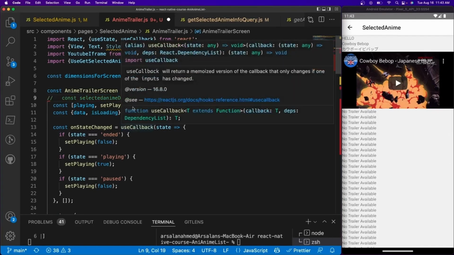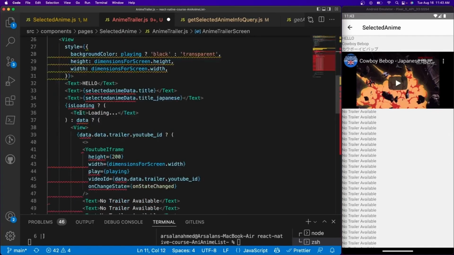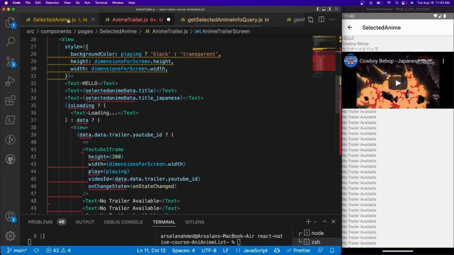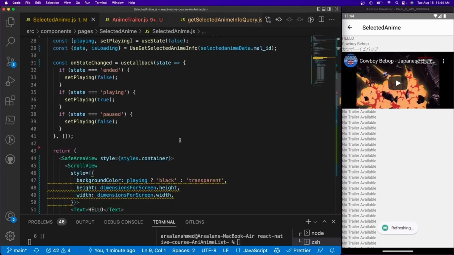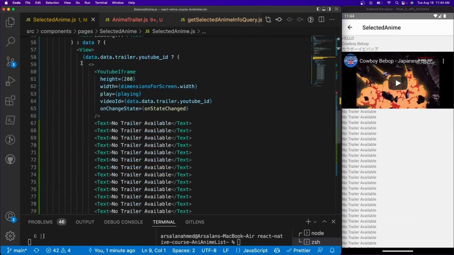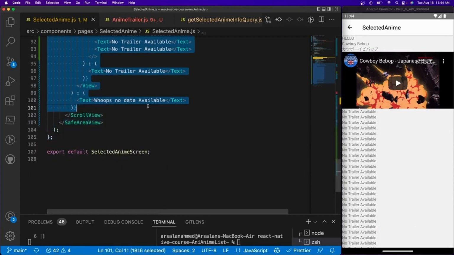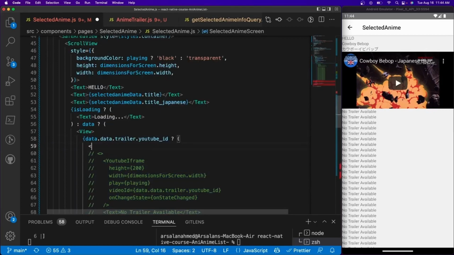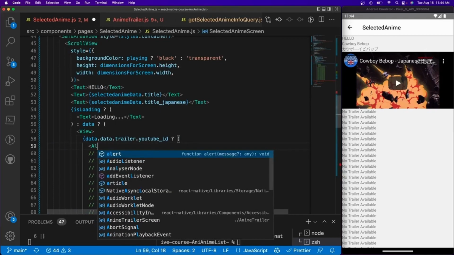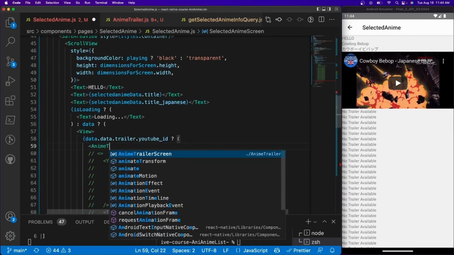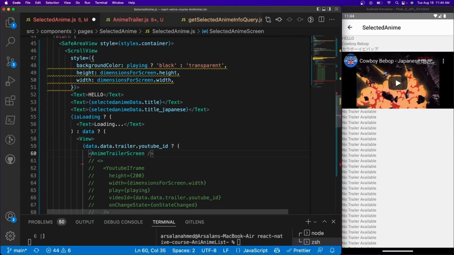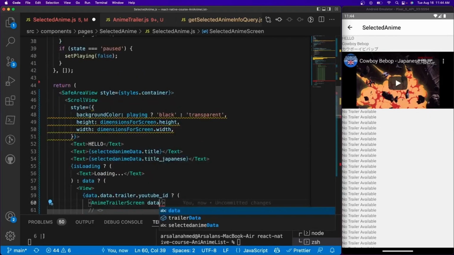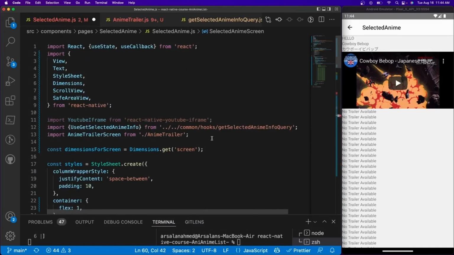Let's just comment it out for now. And I'll comment that out as well. And we'll leave everything as is. And what we're going to do is just pass in the props for this. Underneath here, I'm just going to go ahead and comment all this out. And at the very top, I'm going to create an import for us. So AnimeTrailerScreen. And we'll pass in a prop of, we need to pass in data is equal to,